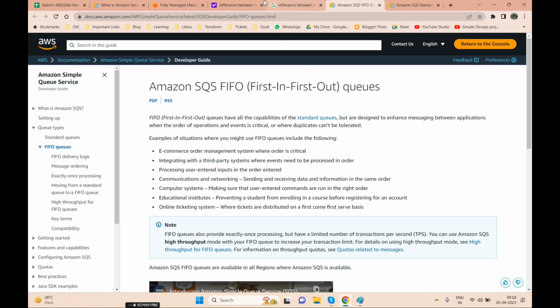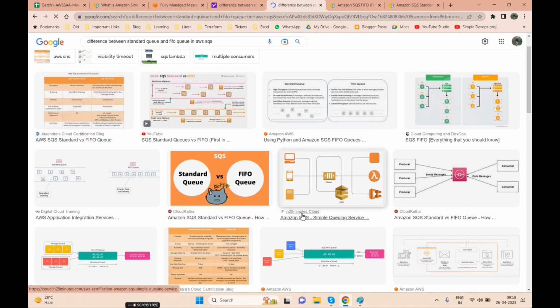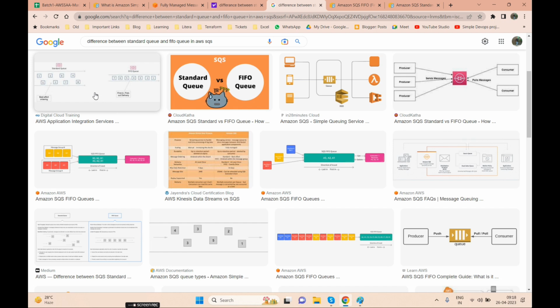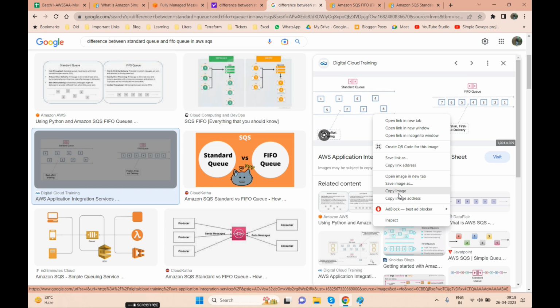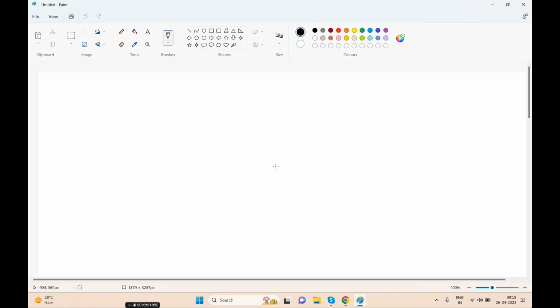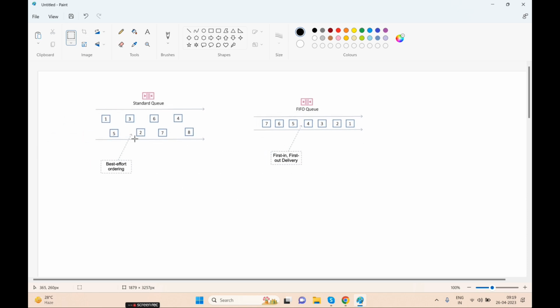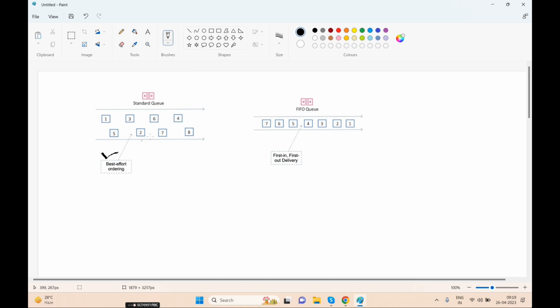Under the standard queue, there might be chances that duplicate processing can happen. I wanted to show you the diagram for the standard queue and FIFO queue, but I'm not able to find it. Maybe this one. Yeah, this one. See, under standard the messages are stored like that. There is no sequence; they are processed on a best effort basis, and at least once your request will get processed.